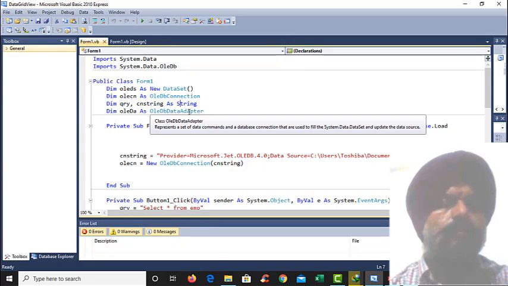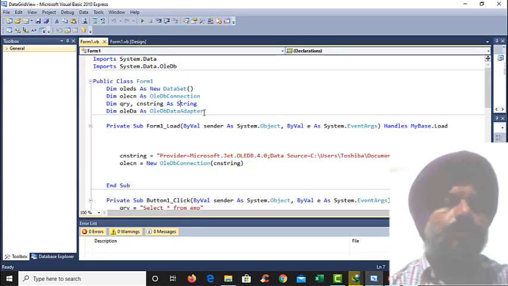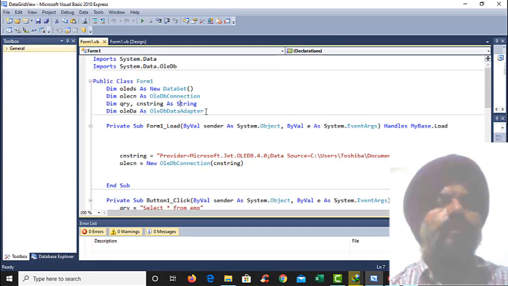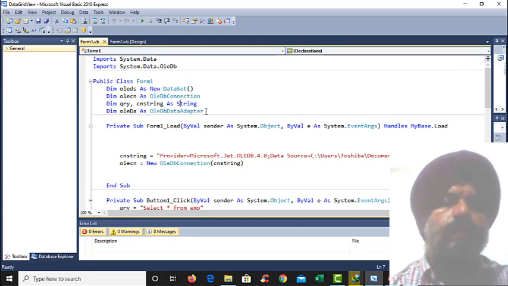This is the most important point to understand. We are using the data adapter. The data adapter works in a disconnected mode. Second, to work in a disconnected mode, it has to create the data set from the table, which contains all the rows of a given table in memory.